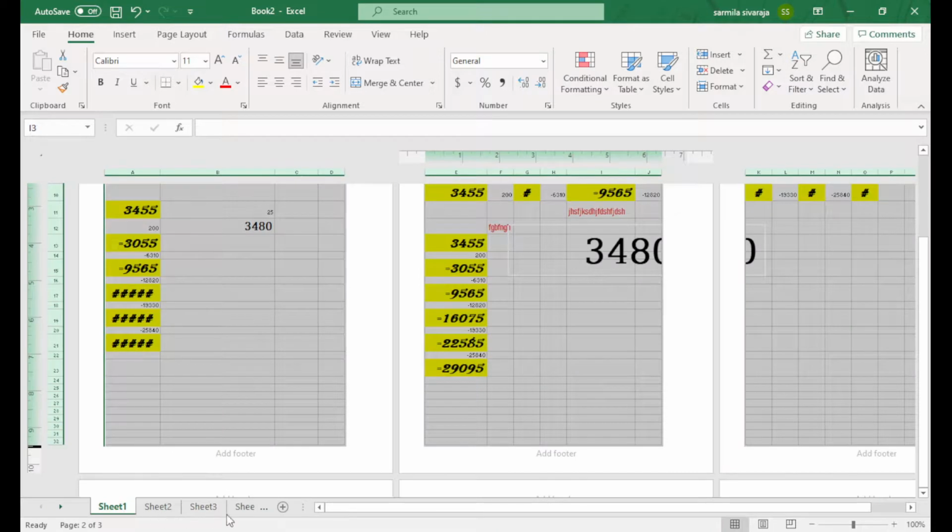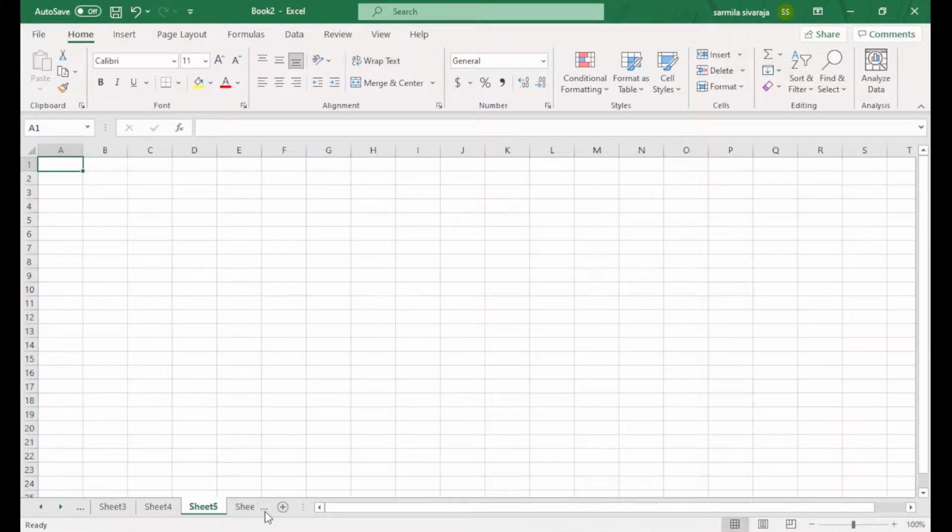If you need to go to a sheet very quickly, you can right click on these arrow keys, and you can view all the sheets you have. If I want to go to sheet 6, I press this option and it goes directly there. You just need to right click on this button only. That's one of the things here.